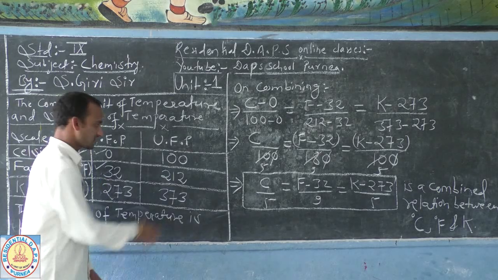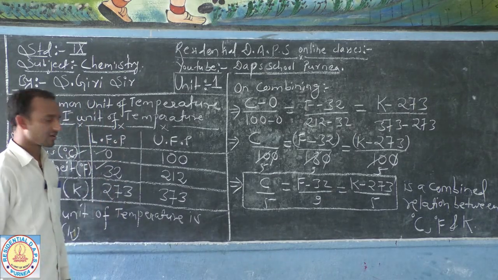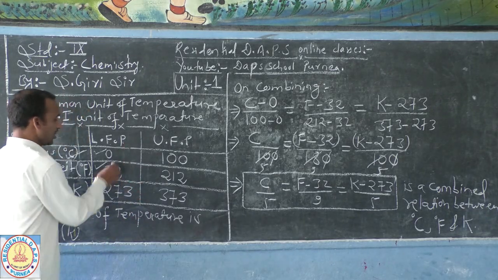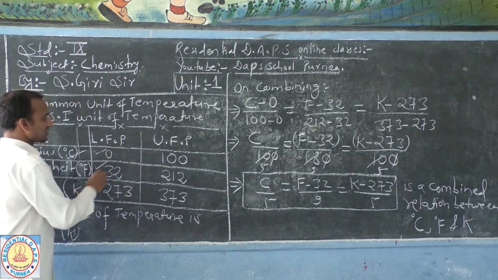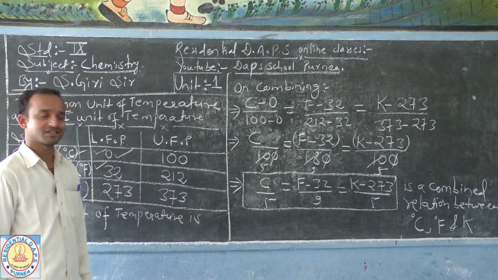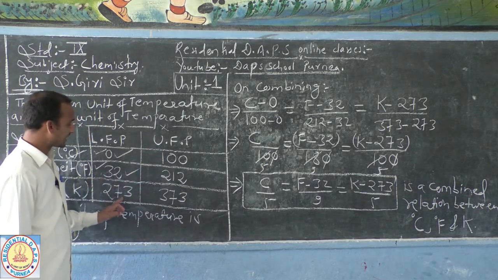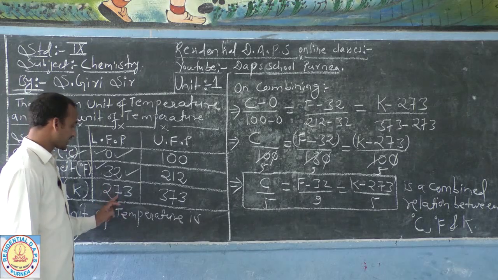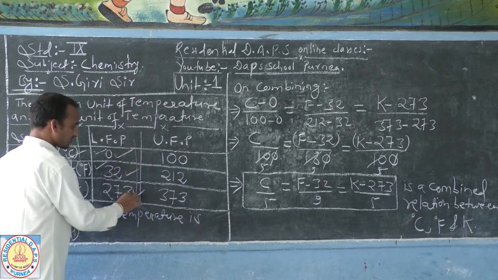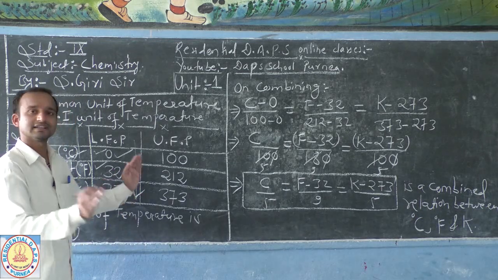Means here it is the boiling point of water and on this side you are getting the melting point of ice. But it is expressed in three different scales, and all these temperatures mean the same thing. When you express the melting point of ice as 0 degree C, it is correct in the Celsius scale. If you write the melting point of ice is 32 degree Fahrenheit, that is also correct in the Fahrenheit scale. If you write the melting point of ice is 273 K, in the Kelvin scale, it is also correct. All these three scales mean exactly the melting point of ice, but in three different scales.